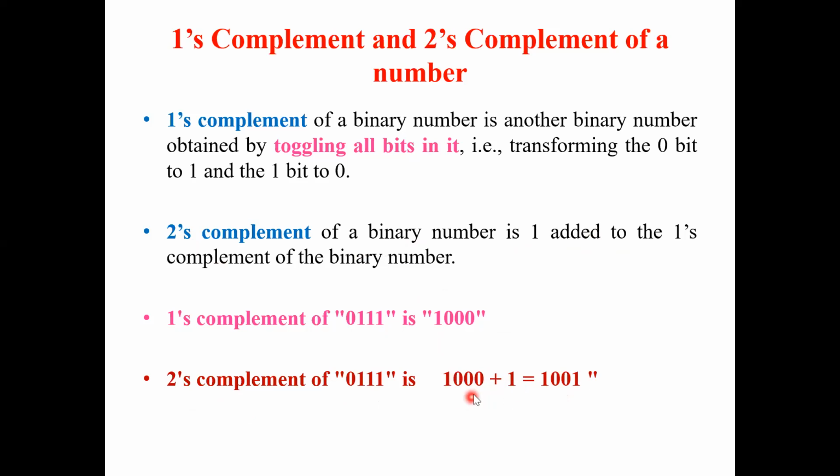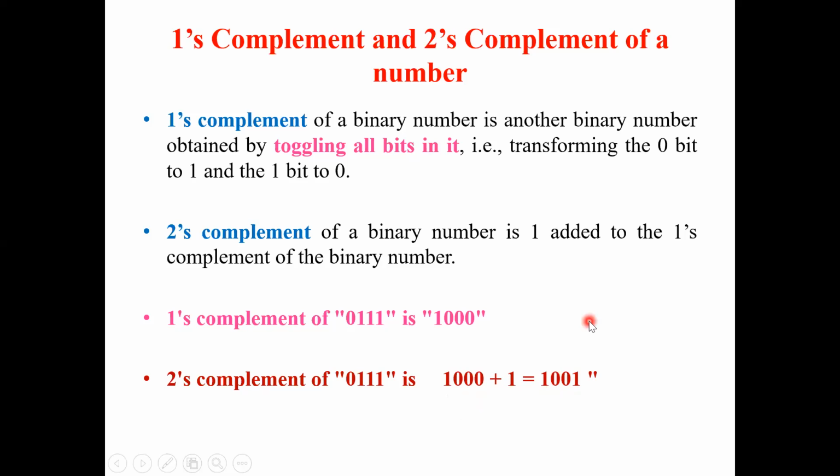So last bit mein addition we always start from the units place. So this is in the unit place. So 1's complement plus 1. So 1 यहाँ पे add हो जाएगा. 0 plus 1 is 1. The rest 3 bits remain the same. So 2's complement is 1's complement plus 1.